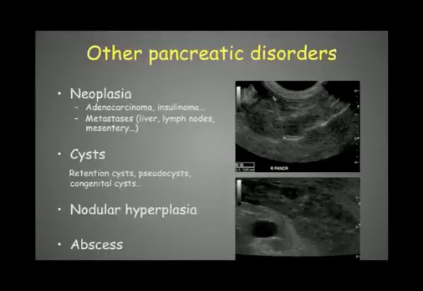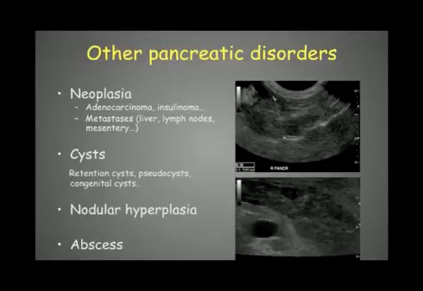So in fact, if we are looking for an insulinoma, the best imaging modality would be CT, computed tomography. It's really the best to detect those insulinomas. But like in this case, the insulinoma was quite large. So here we can see it's 1.6 centimeters, so it's already large, and in this case it was visible with ultrasound. So it's possible to detect them, but not always.